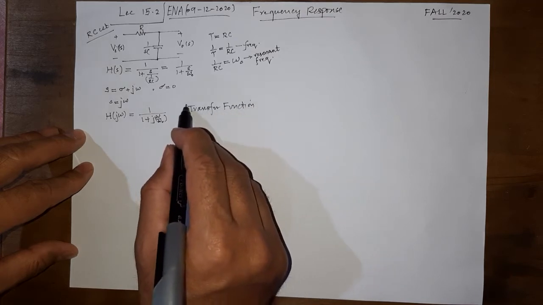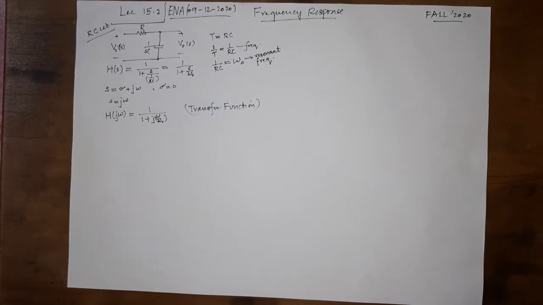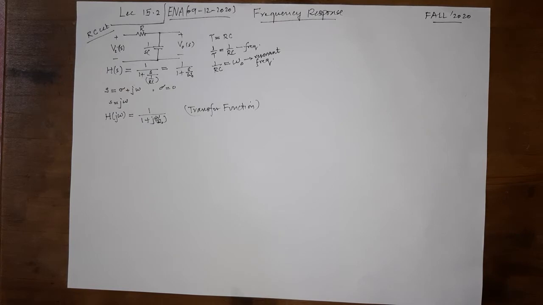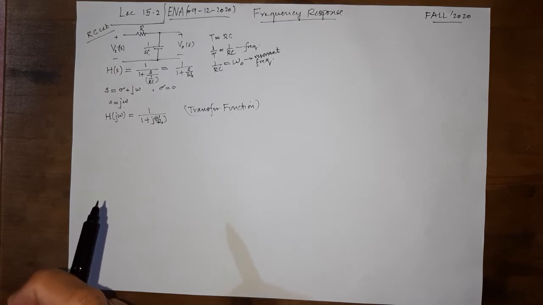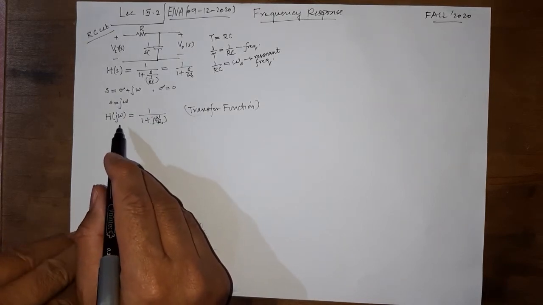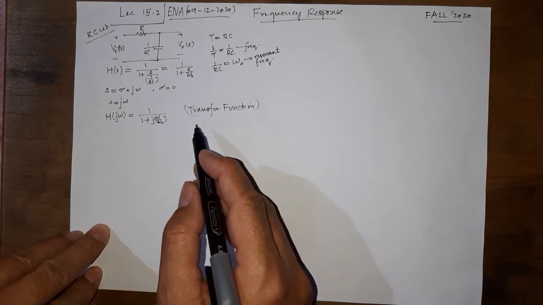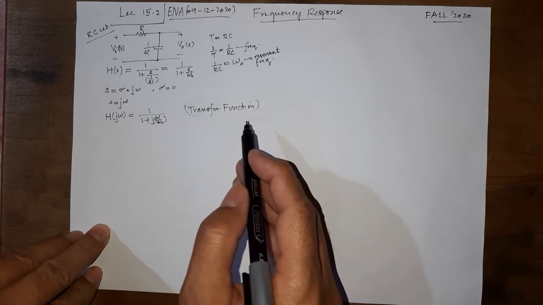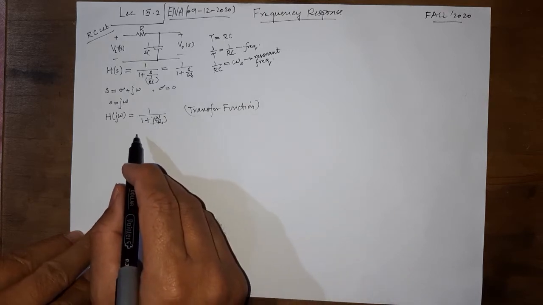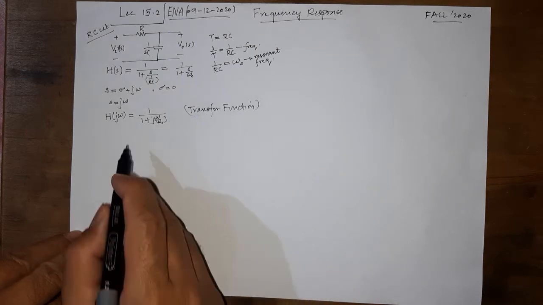And sigma is 0. So what is this telling? A transfer function is a function of omega. It is going to tell you how the circuit would respond to a sinusoidal input if the frequency is changed. So now we would be able to draw graphs of something versus omega to see what is happening when omega is changed from 0 to infinity.